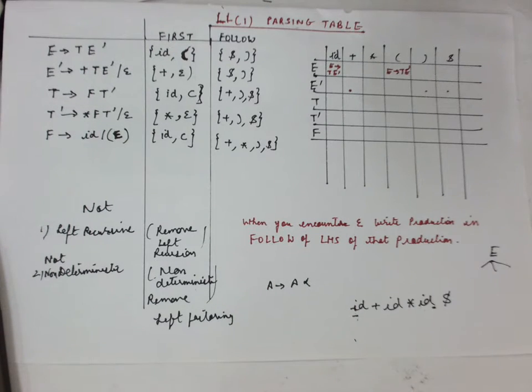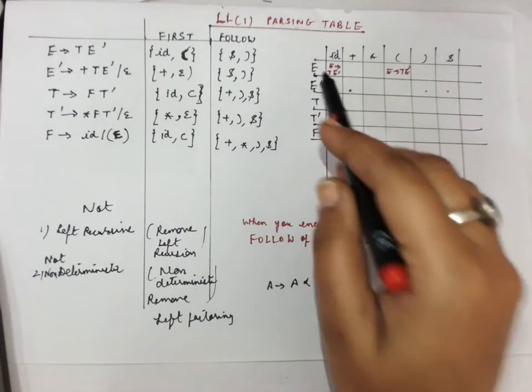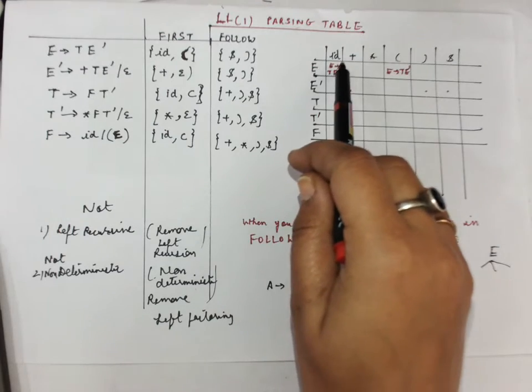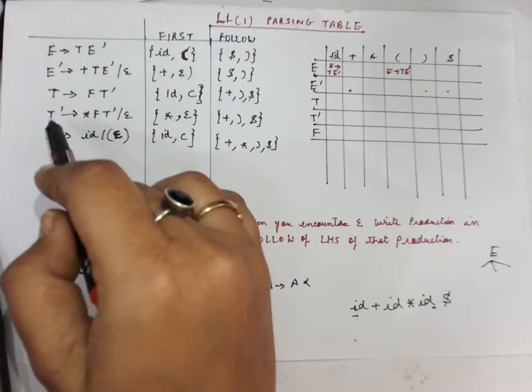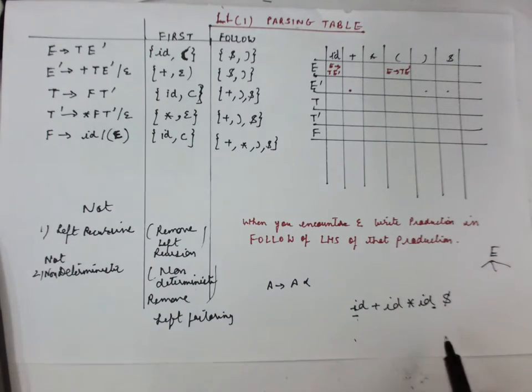When we are starting to produce our parsing table, we will see E is our starting symbol. So here we have this E, and we need to find this ID. Whatever string we will be generating, it should have this ID. So we should know which particular production rule from this set of 5 rules should be applied, so that we will get this ID over here.